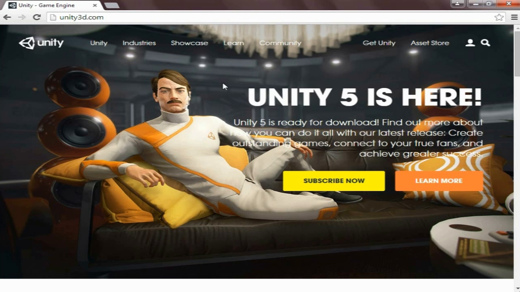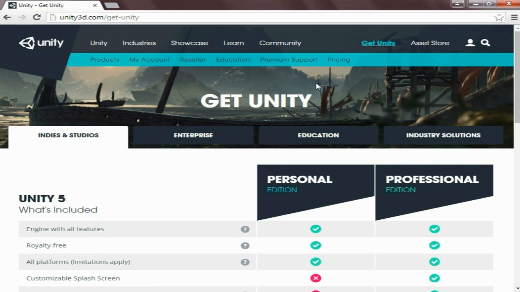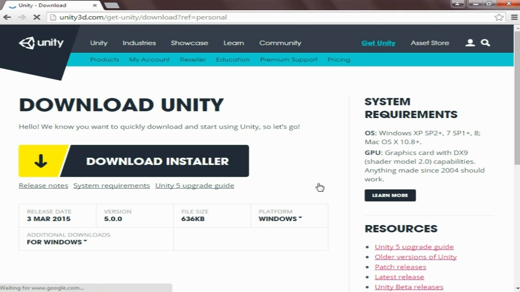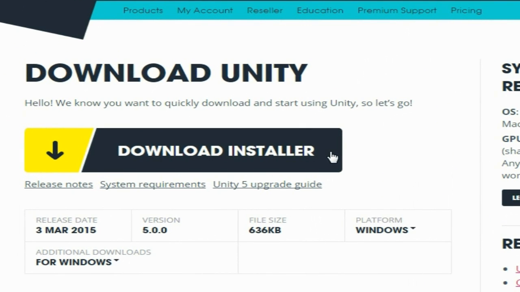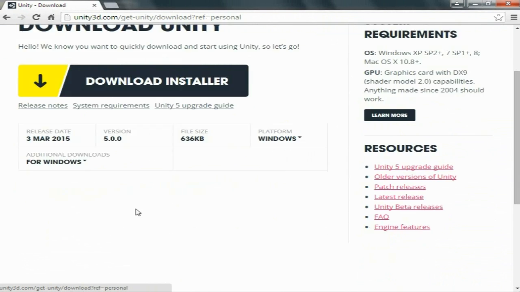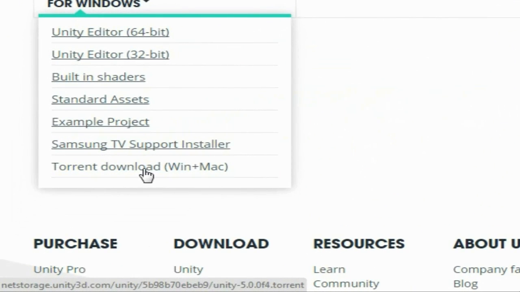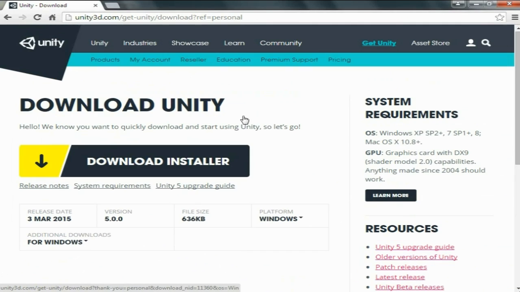Go to unity3d.com and click on the download section. You can download Unity 3D for free over here. It is free now, but previously it was $100. You just need to click on this link to download Unity 3D for the Windows version. But if you are developing on Mac OS, then you have to click on the link down below, which is for the Mac users, and the other one is for Windows. Just click on the link, download Unity 3D, install it, and register it.